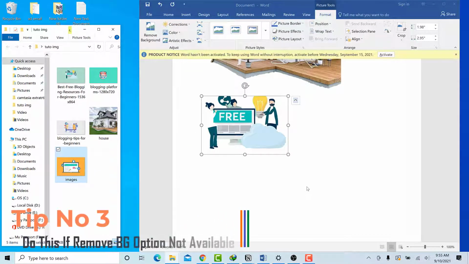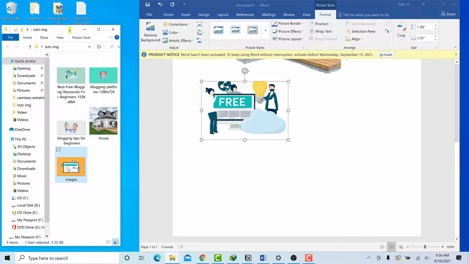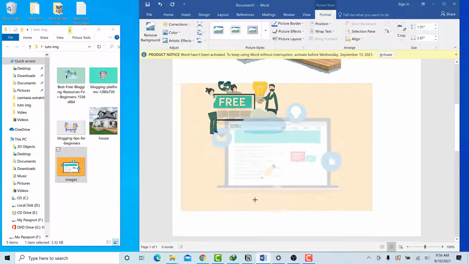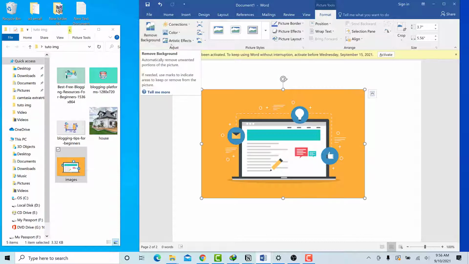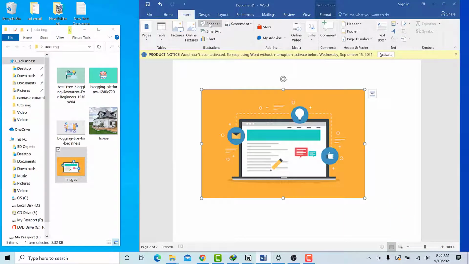Okay, so sometimes when you just take a picture and drag it into the document like this, when you go to the format, picture tool, format, you will not see this remove background option. Sometimes when you drag a picture and put it here, you will not see the remove background option. So to resolve that, just go to insert the image. Don't drag and paste, just insert, because it happened to me sometimes. When I drag a picture and put it here, I will not have the option of removing the background.